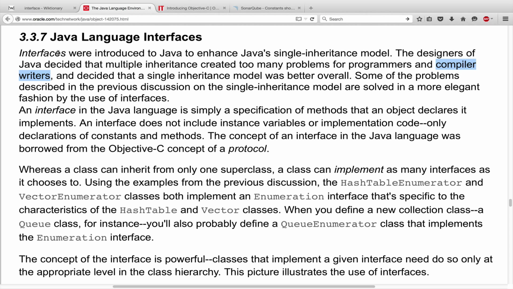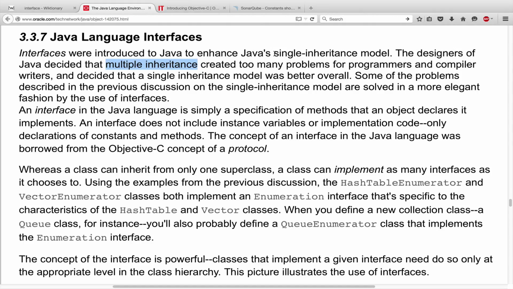So it seems, because they did not support multiple inheritance, they added interfaces to Java as a replacement for multiple inheritance, to fix that Java did not support multiple inheritance.